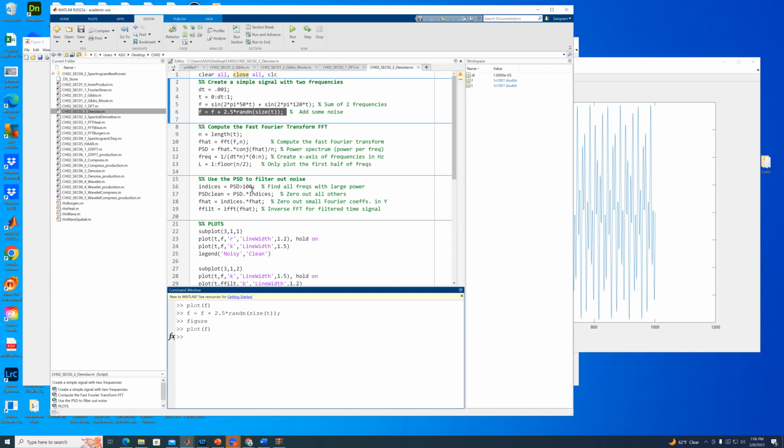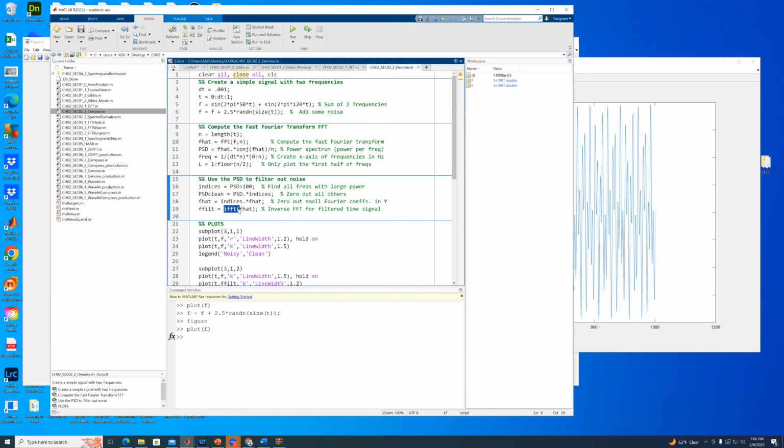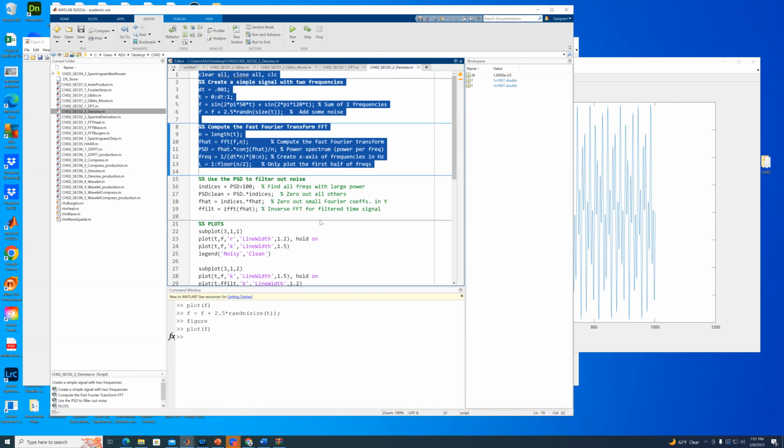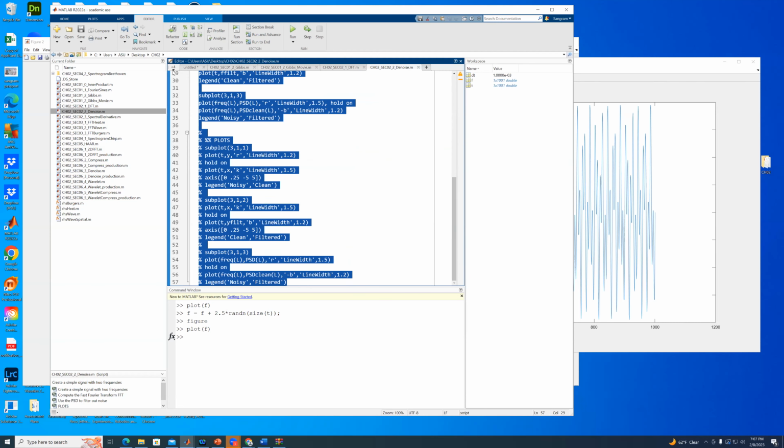So basically I'm going to find the frequencies that have the maximum power, which are the frequencies that correspond to the signal frequencies, and then take the inverse fast Fourier transform, IFFT, of the filtered Fourier transform, and I can reconstruct the original signal. So at this point I want to run this code,